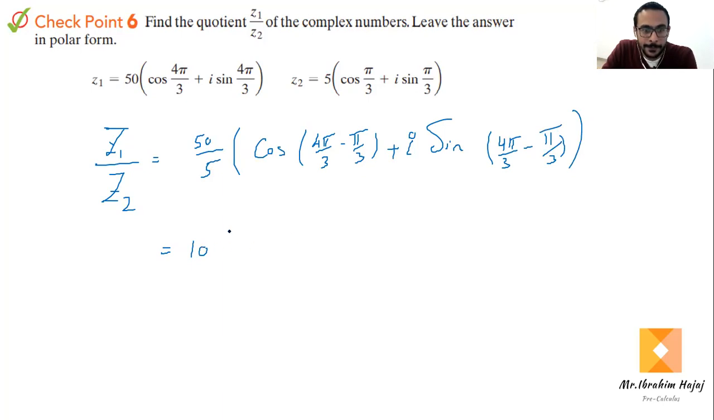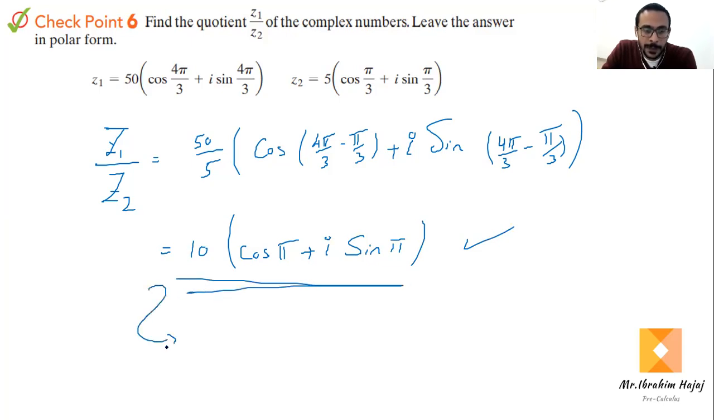Here 10 cosine pi, cosine pi is minus 1. It said leave it in polar form, so you don't need to calculate: 10 cosine pi plus i sine pi, and say goodbye. But if the question asks you to leave your answer in rectangular form instead of polar form,